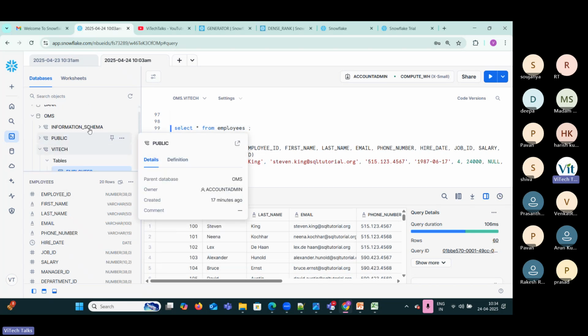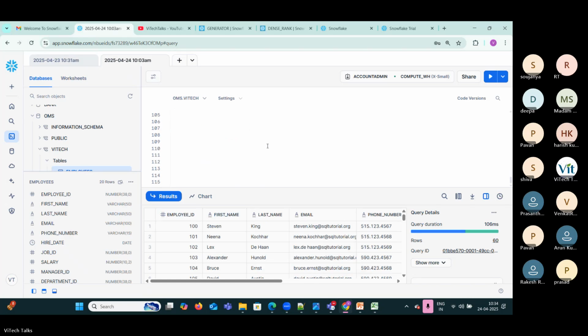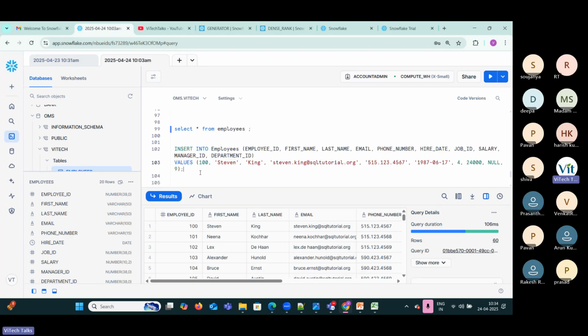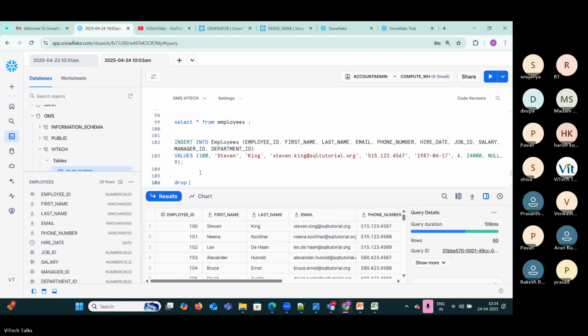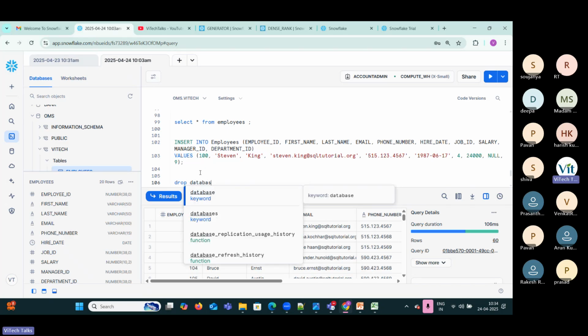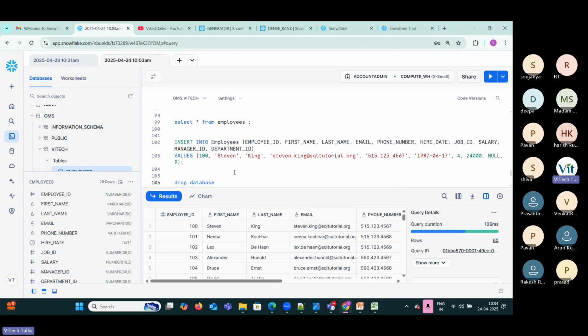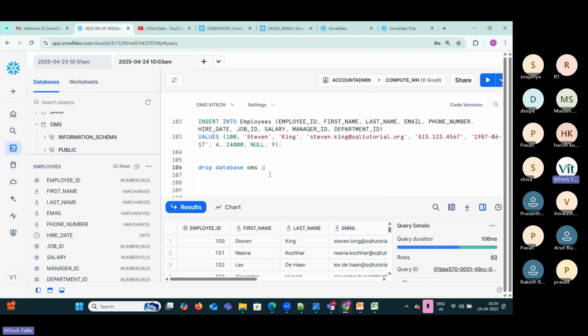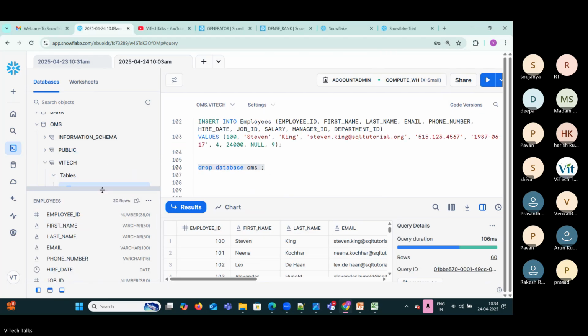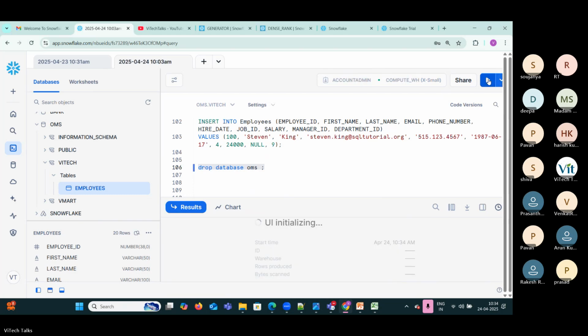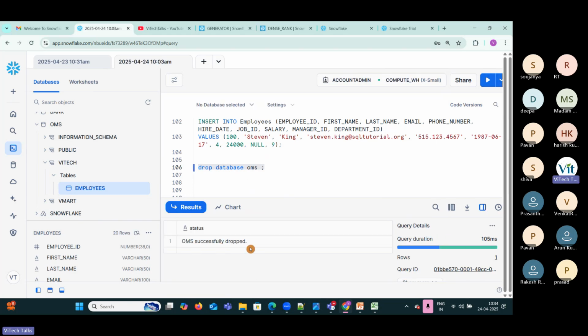Now, what I will do is drop the database itself. Earlier we have seen only the table, right? Drop database OMS. See, OMS is my database. I'm going to drop it here. OMS successfully dropped. If you refresh,